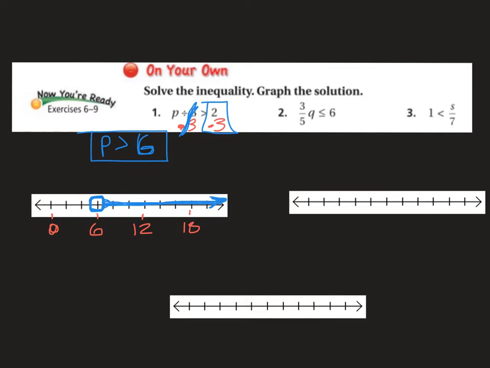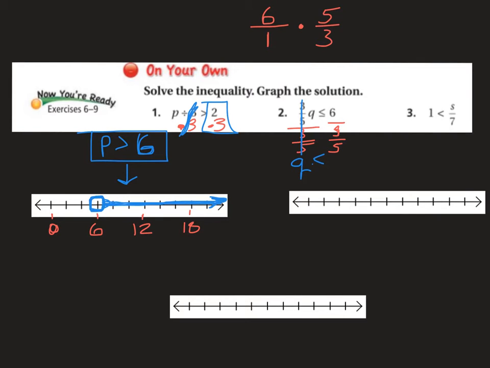All right, let's go on to number 2 here. We have 3/5 times q is less than or equal to 6. All right, so this one looks a little tricky at first, but let's just take it step by step. So you can see we're multiplying by 3/5 here. So if we divide by 3/5, we're going to cancel out these 3/5, and we're just going to get q by itself